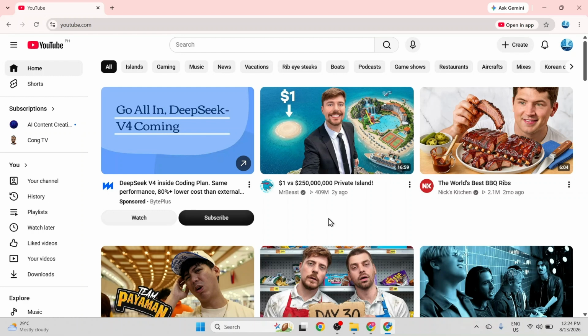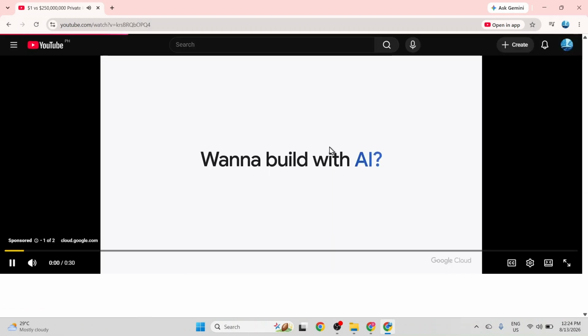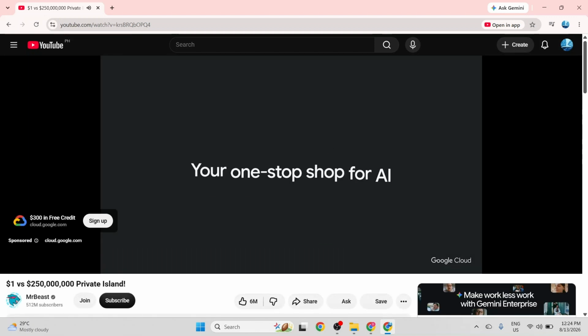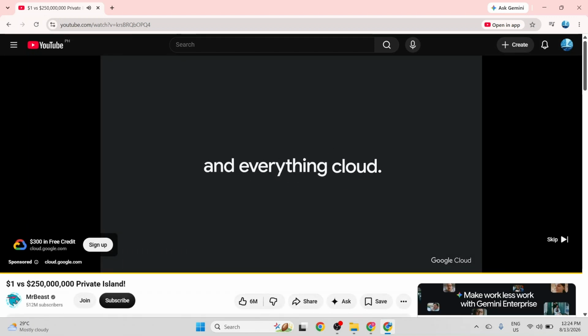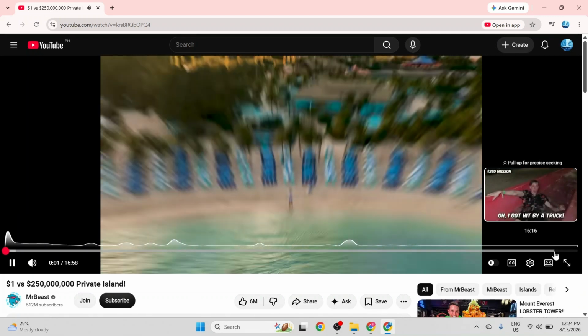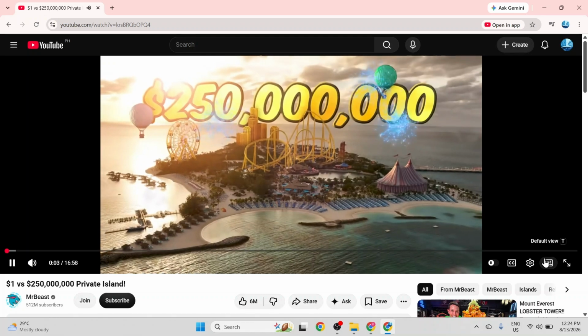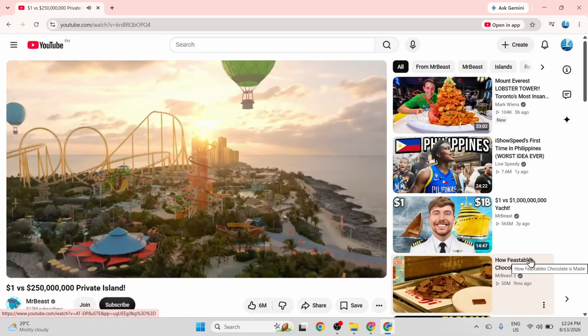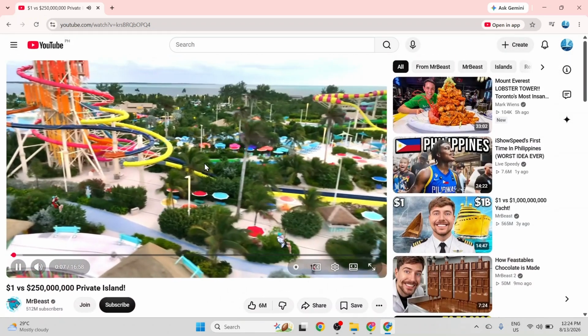Now that YouTube is loaded, I scroll through the feed and select a video to watch by clicking on its thumbnail. The video opens and starts playing, but an ad appears first. I wait a few seconds until the skip option becomes available, then I click skip to proceed to the main video content. As the video plays, I decide to check out the available keyboard shortcuts to help control playback more